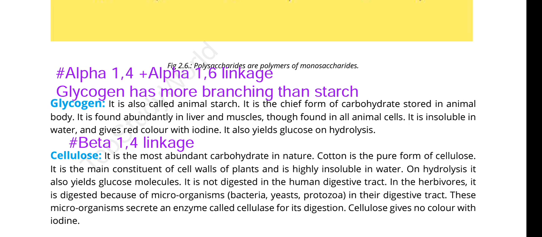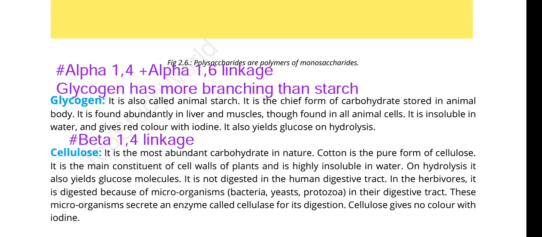Next is glycogen. As we discussed earlier, glycogen contains both alpha 1,4 and alpha 1,6 linkage, which is somewhat like amylopectin, a type of starch, but the difference is glycogen has more branching than starch. So glycogen is also known as animal starch, and in the liver and muscle of the animal body, the storage occurs in the form of glycogen. If we have more carbohydrates, they will accumulate in our body in the form of glycogen, and if the plants have more starch after fertilization,